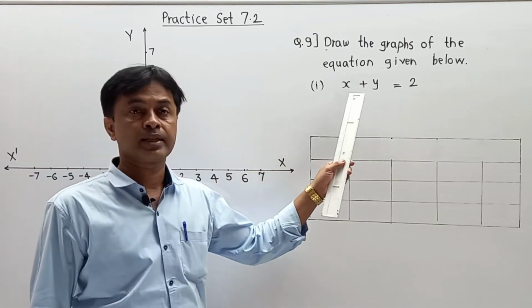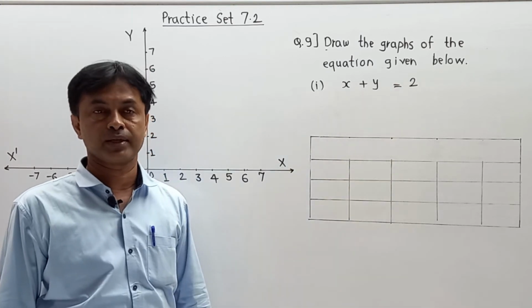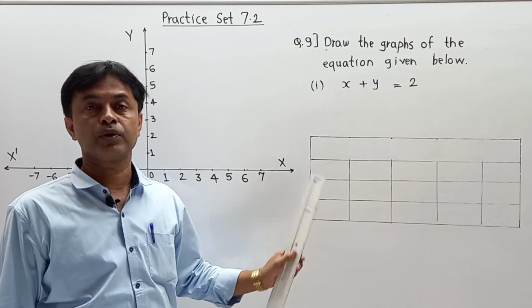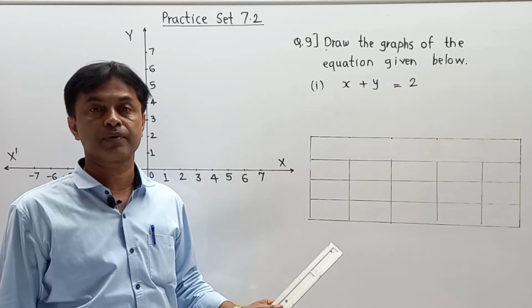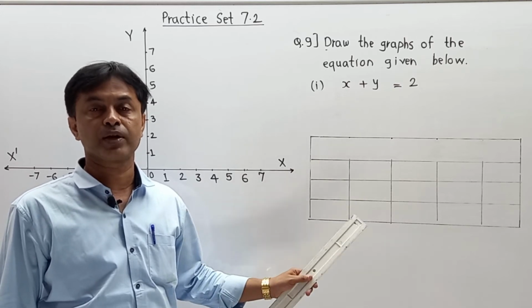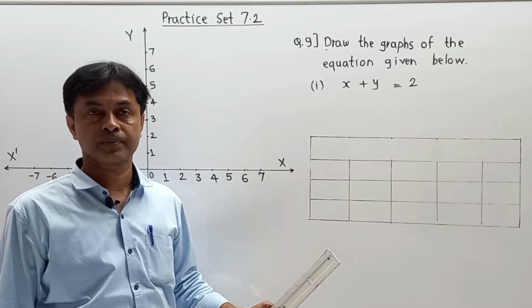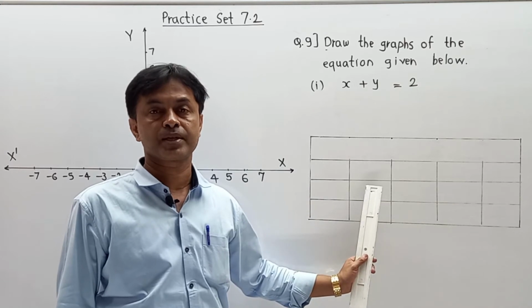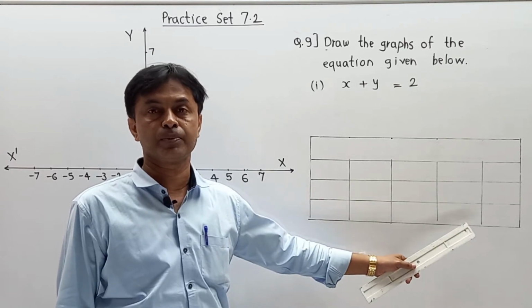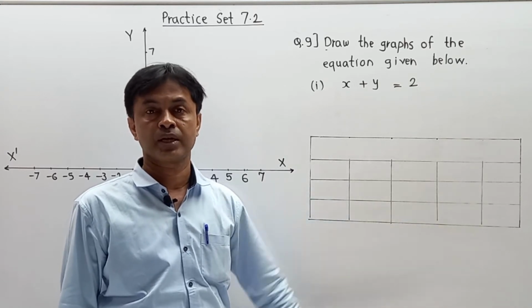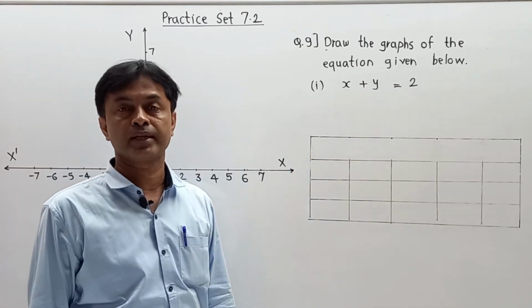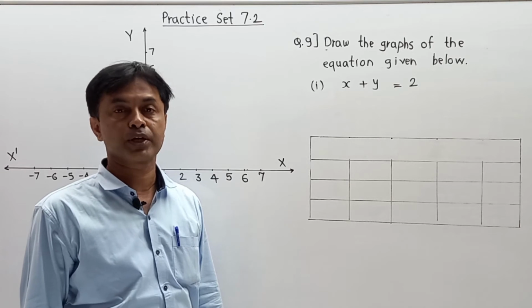Now in that case, they are just going to provide you the equation of a line. I repeat, they are going to provide you just the equation of a line. From the equation of a line, you have to find the points in terms of x and y coordinates, and according to those points, you have to draw a line. Generally, it is said that 3 points are sufficient, but sometimes teachers give the idea of 3 points, sometimes 4 points. Now the main part is, if the equation of a line is given in front of you, then how to find the respective points.